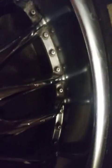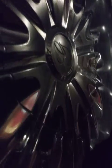I know my camera's all over the place, but I haven't had no problem with this stuff. I leave it on there, like I'll wipe it off tonight, this evening, on this particular wheel, or any of them really. So I've figured out that it doesn't hurt. And these center caps